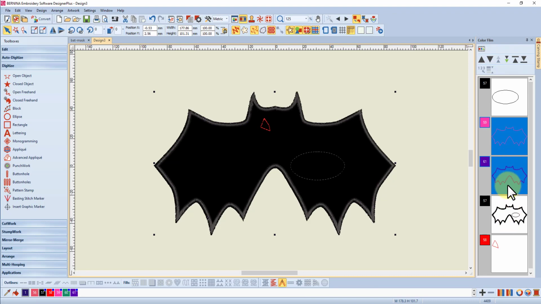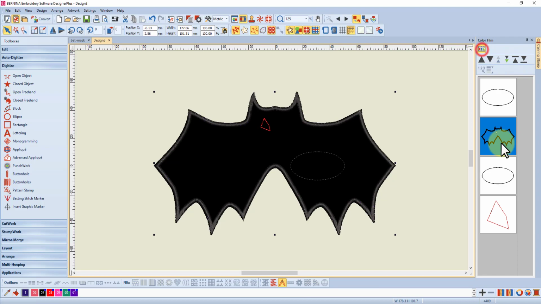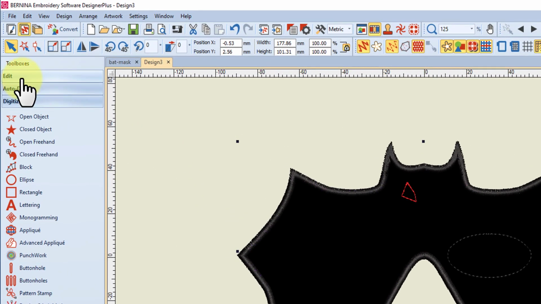But now I really want to get those points back the way they were before, with this nice finishing off of the points so they're stronger, because this is going to be a mask and I don't want these long stitches peeling back from the points when I cut the fabric away and stitch over the top. I want that to be nicely covered on the points and nice and strong. So what I can do is I'll just go back to the objects and just have the bat selected. I can go to my edit